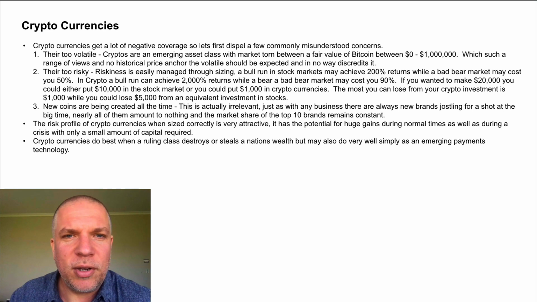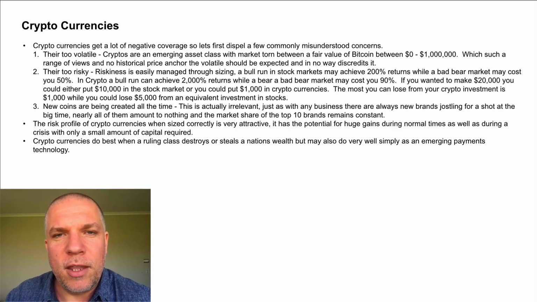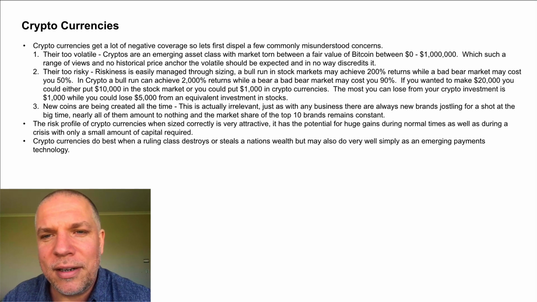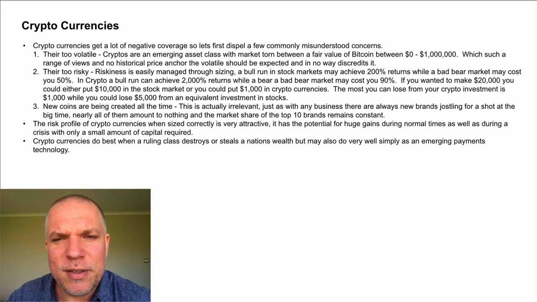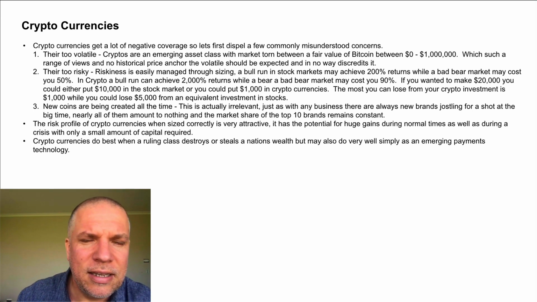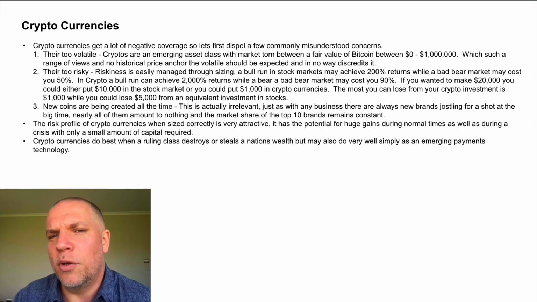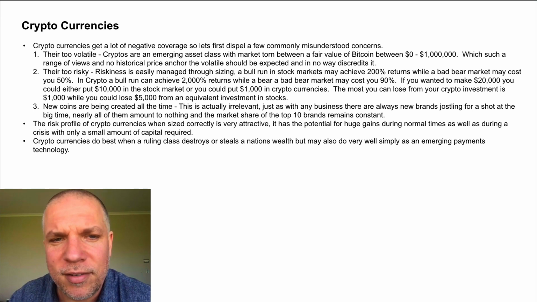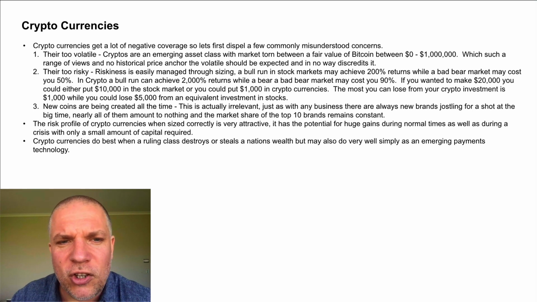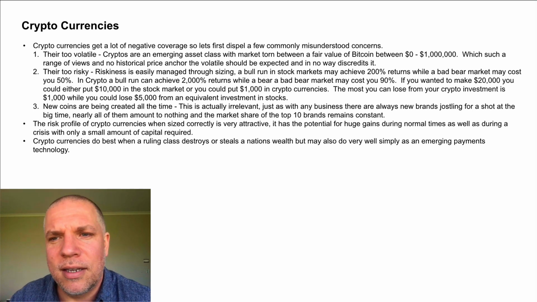So that brings me to cryptocurrencies. So cryptocurrencies get a lot of flak and a lot of negative press, but for some really misunderstood reasons. So before we look at the merits of this, let's just cover off a couple of those criticisms that it frequently gets. The first thing people say about crypto is it's just too volatile, and how can I invest in that? First of all, we should expect an emerging asset class like cryptocurrencies to be volatile.